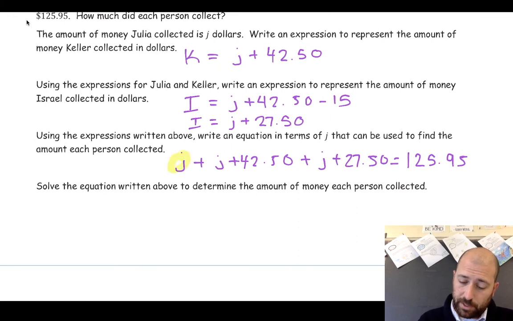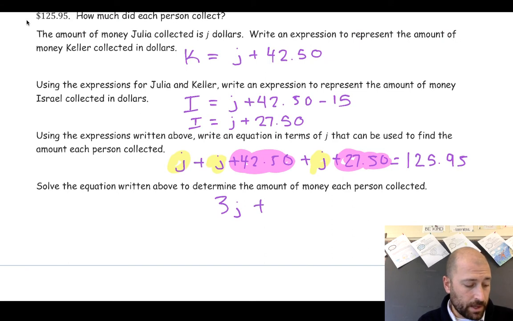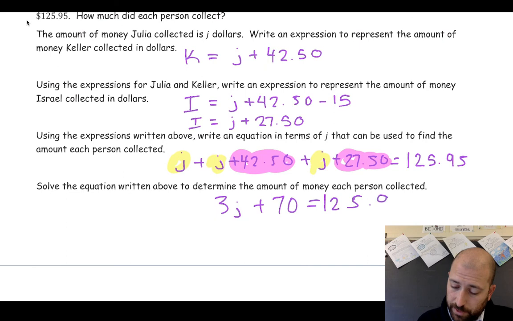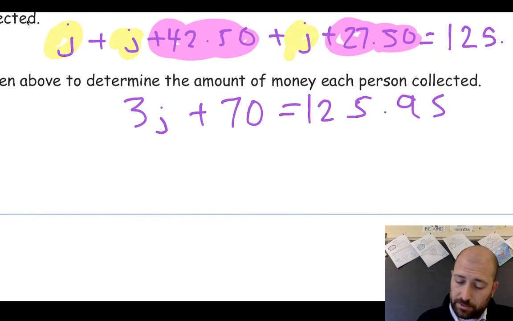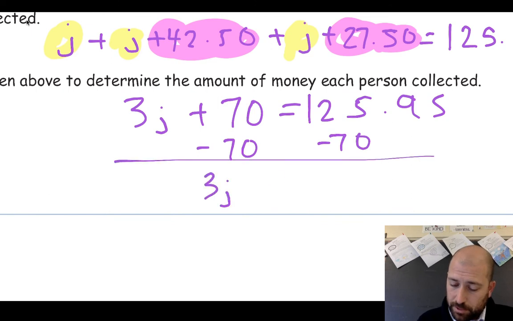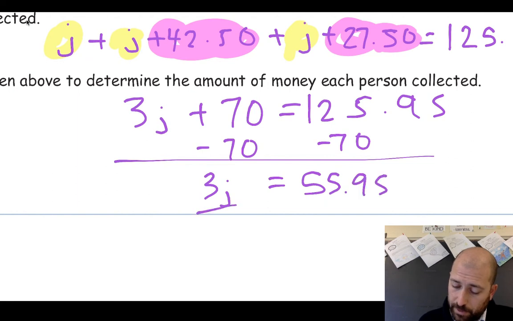I'm going to solve it by combining like terms, J, J, and a J. So I have 3J. Next, I'm going to put together the constants of 42.50 and 27.50. 42.50 plus 27.50 is 70. So that is equal to 125.95. I solve that to get 3J is equal to 55.95. I divide both by 3, and J is equal to